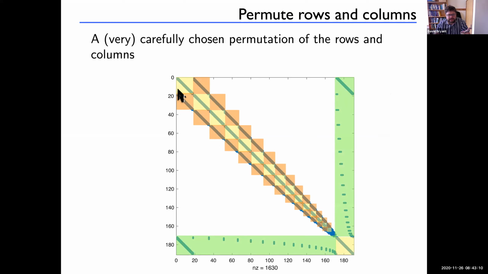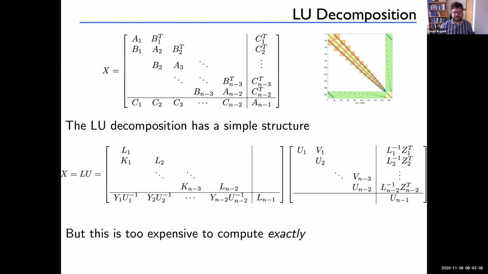So we have tridiagonal matrices here along the middle in yellow. We have sparse matrices in orange next to them. So this is block tridiagonal. And then we have a bunch of green matrices which all merge together, each of which is incredibly sparse. And this is the structure which I've been trying to take advantage of. I thought for a moment that I had an exact algorithm that was going to be super fast, but it didn't work. It wasn't enough.